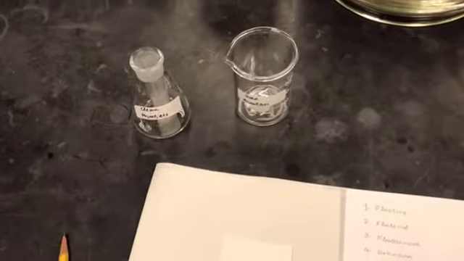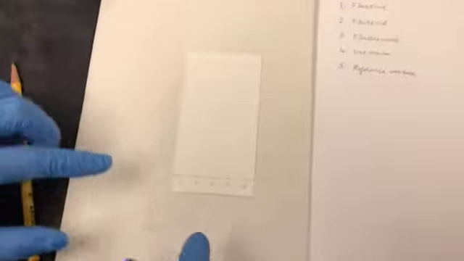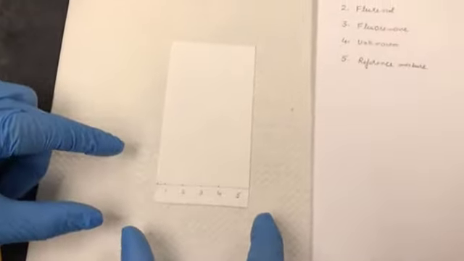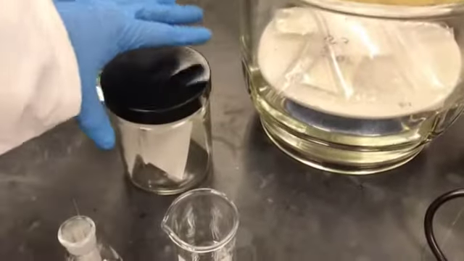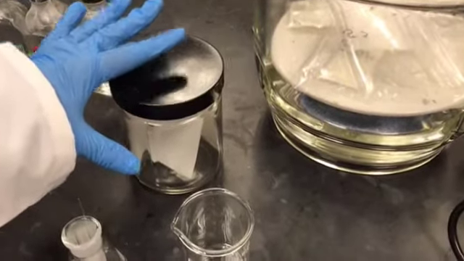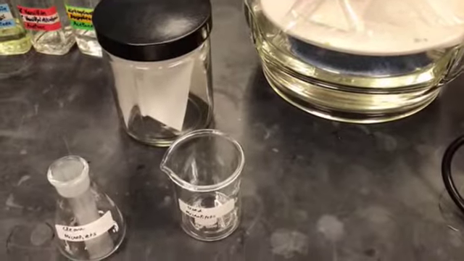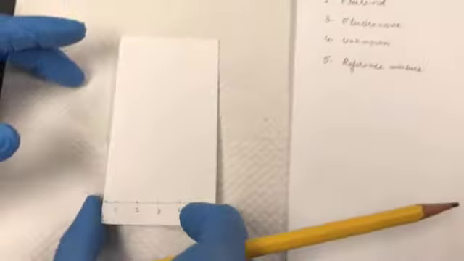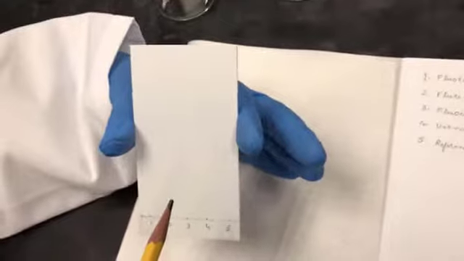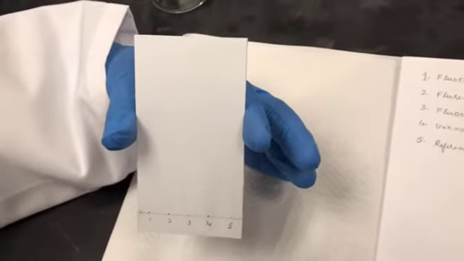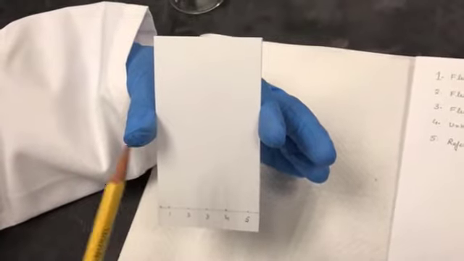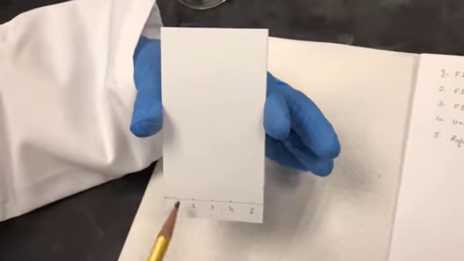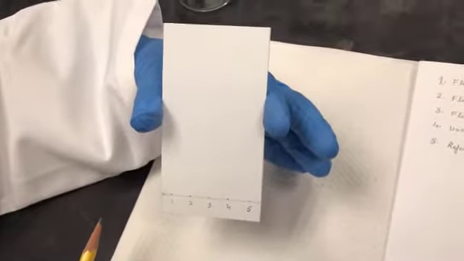Now let's say your spotting is done. You are going to put your silica gel plate into a developing chamber. So this is the developing chamber. I'll talk about it a little more in a bit. Once it goes into the developing chamber, what happens? Here you have already spotted your sample. This is your stationary phase. The silica gel coating is called the stationary phase. And in the developing chamber, you add your mobile phase. So you now have two phases for the mixture to separate based on their polarities.